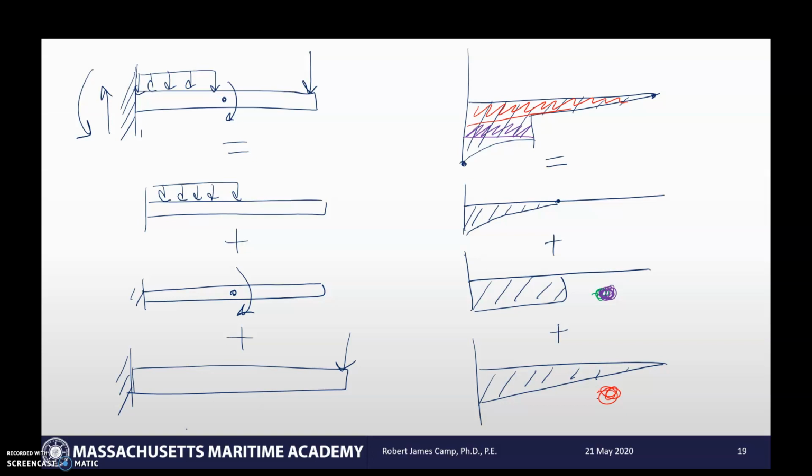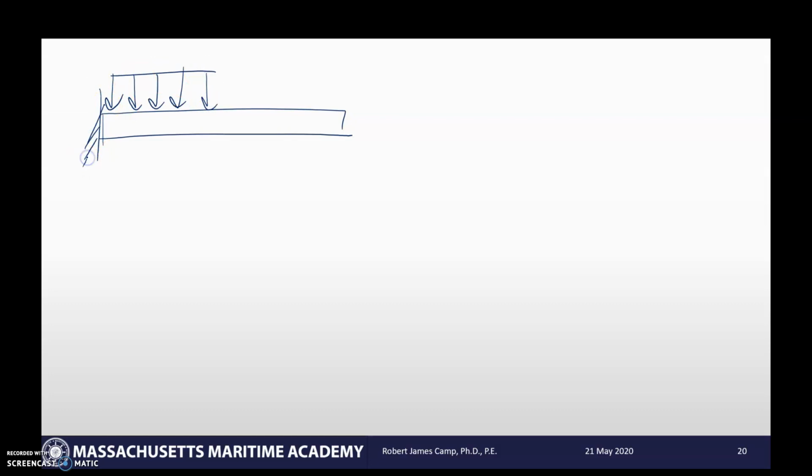You can play around with this too, because I actually like these because it's kind of like a puzzle, since you're putting things together. One of the things we can do is say, okay, here's a cantilever beam with a distributed load at the end here. How do I go about solving that? Well, I can find a table for the distribution being over the entire beam. Well, then I can add to that. There's nothing going on here at the end, but I can calculate right at the end of this